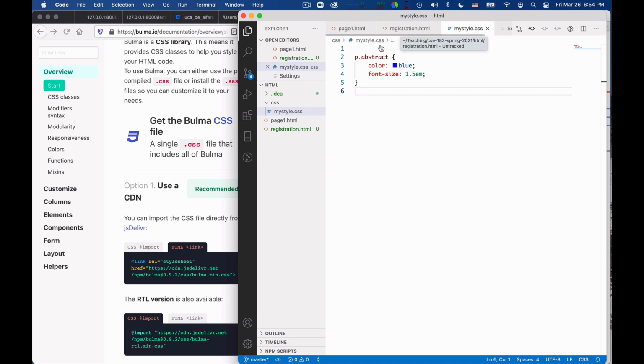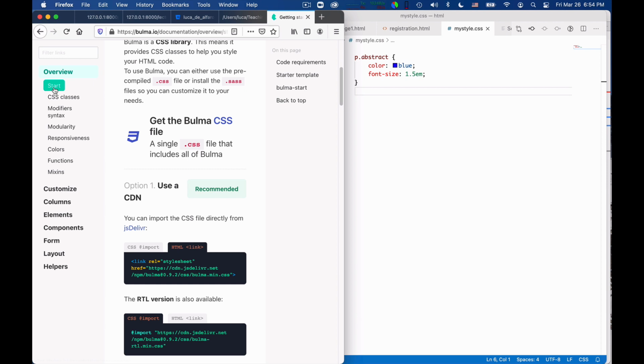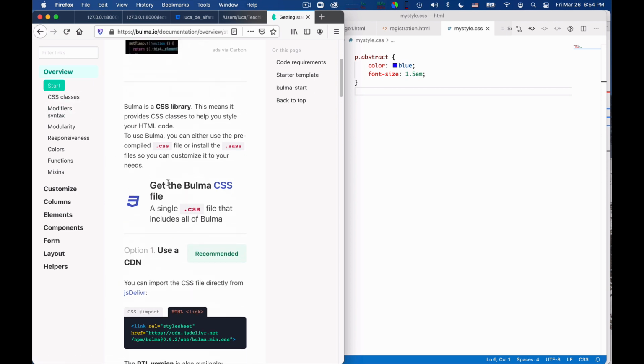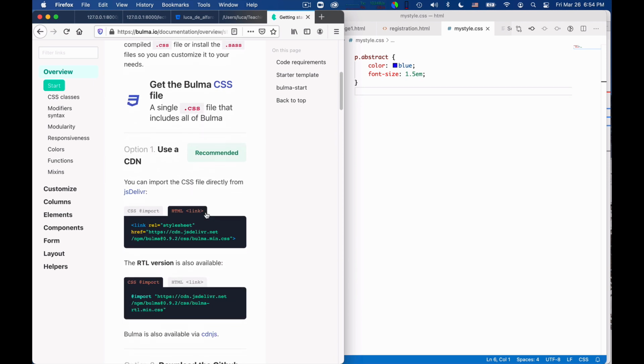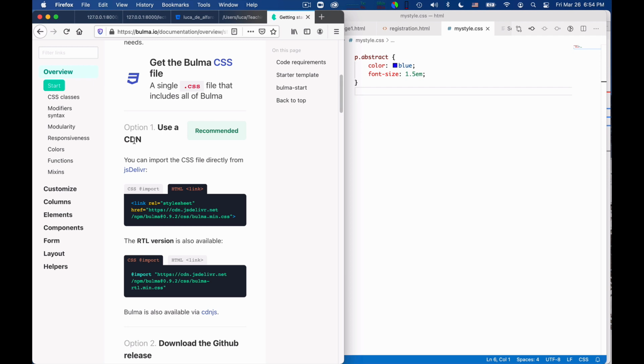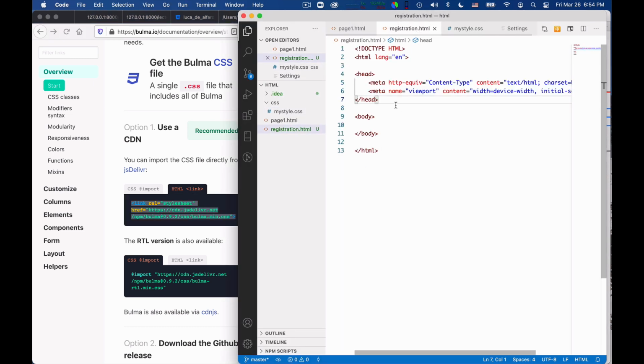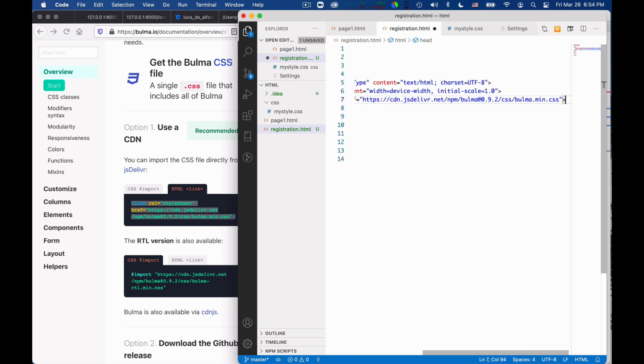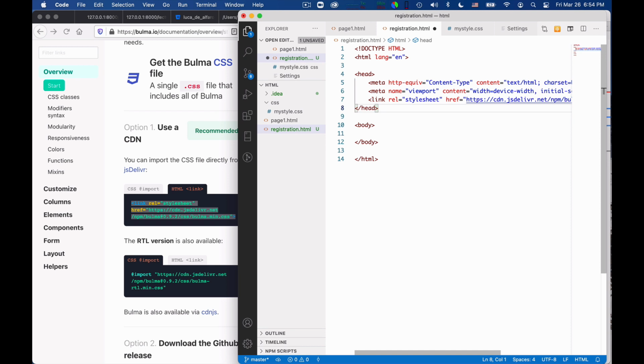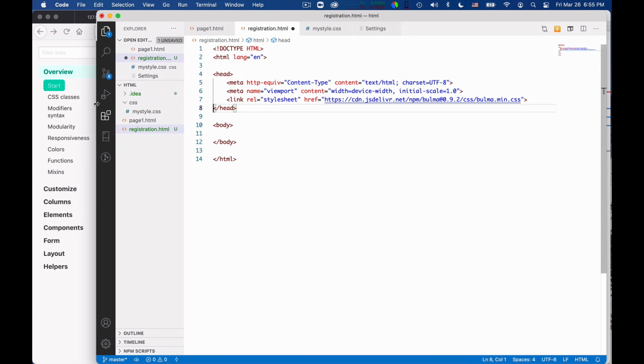And there are two ways of using it. One is to download it. You see, if you go to Bulma Overview Start, you can either get the Bulma CSS file, you can just download it, or else you can use a content delivery network, which is a service essentially to make information available on the cloud, on the web internet for everybody to use. And you can simply use this link statement in your registration page. That's what we are gonna do, so I don't have to download a file. And so this does it. Okay, if you want to see the entire link, it's this.